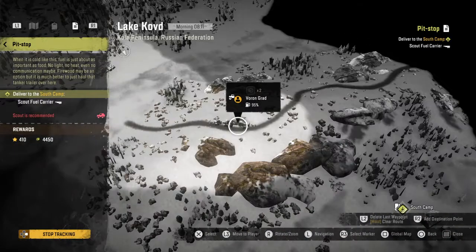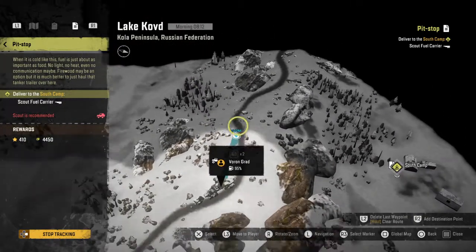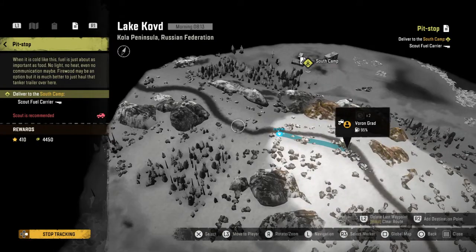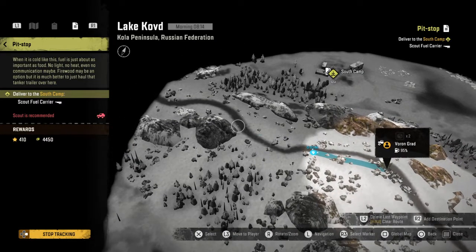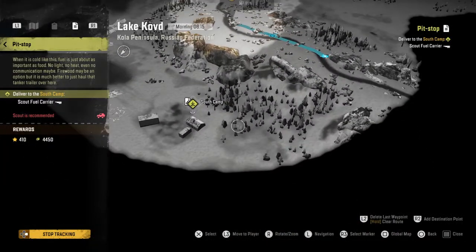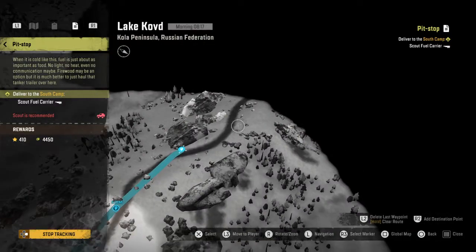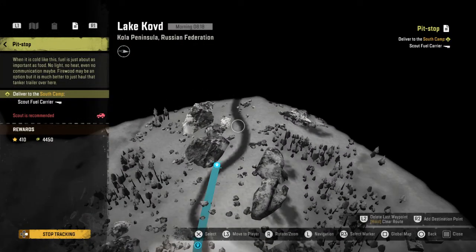So I need to keep going this way. Try to find the road. Now that looks risky. That looks like someplace I could get stuck. The trees are just too close together, I think. It's a little bit too steep. And why not? I need to explore